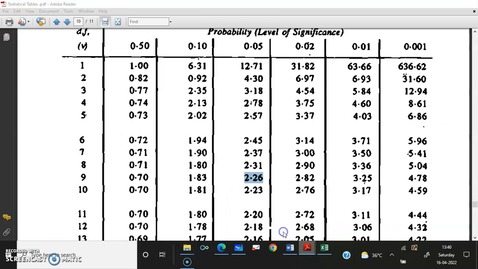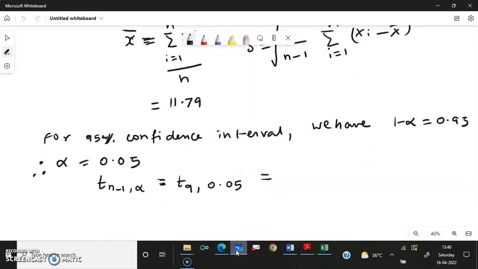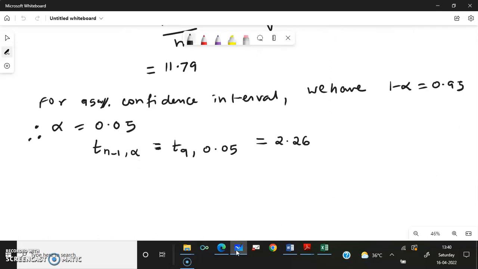At 9 degrees of freedom, 0.05, it is 2.26. So we'll write here 2.26. Thus, the 95% confidence limits are